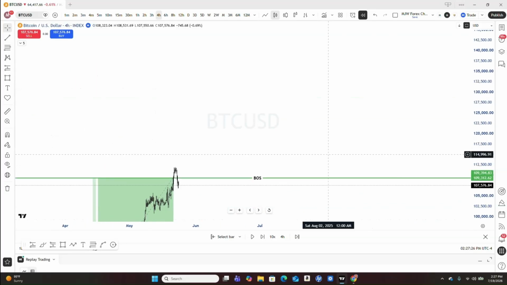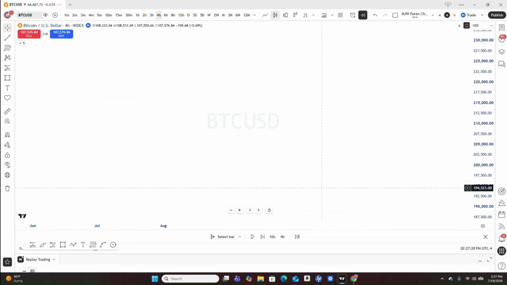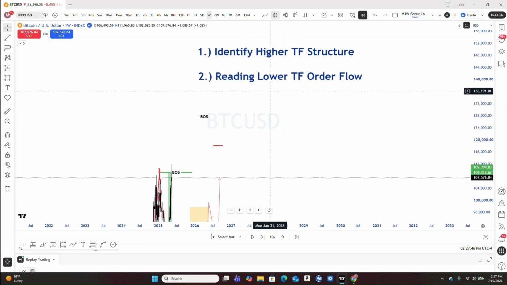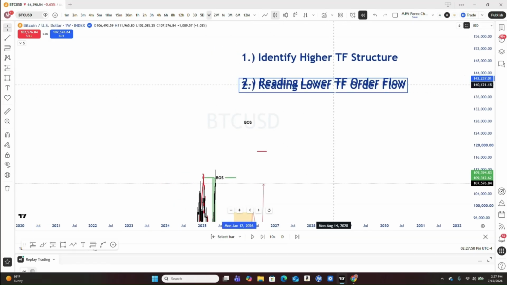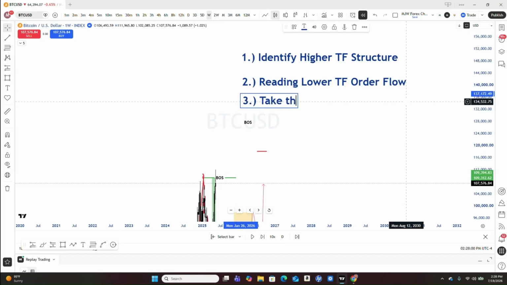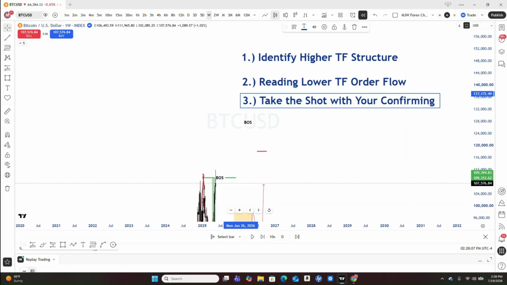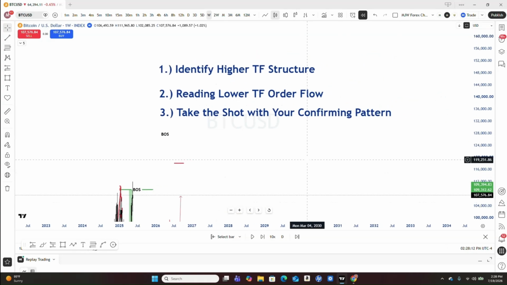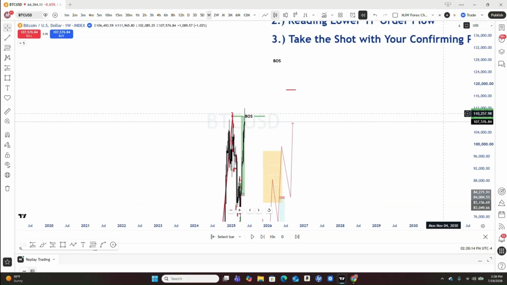The last part of this, right, because remember I told you it's a 3-step process. First one was identify your higher time frame structure. Number 2 was read your lower time frame order flow. And then of course, number 3 is what you saw me do in real time, which is take the shot with your confirming pattern. Okay, I am a price action trader, so I like to look for strong price action